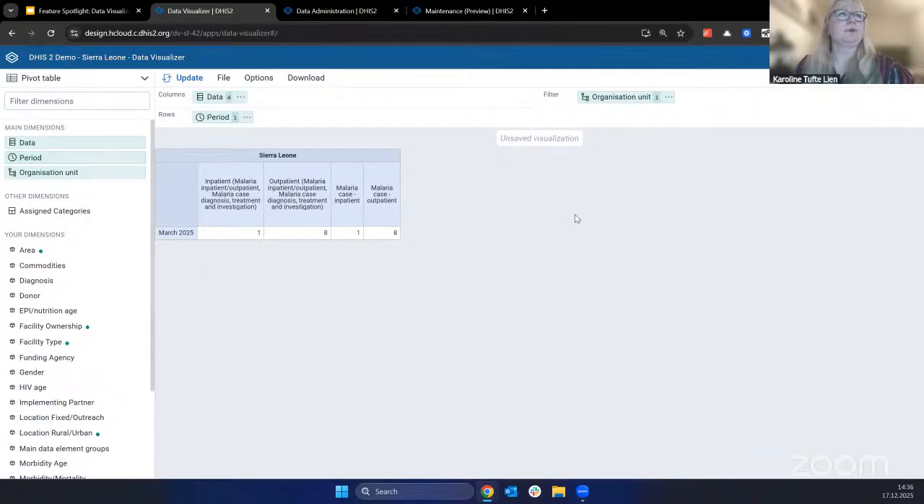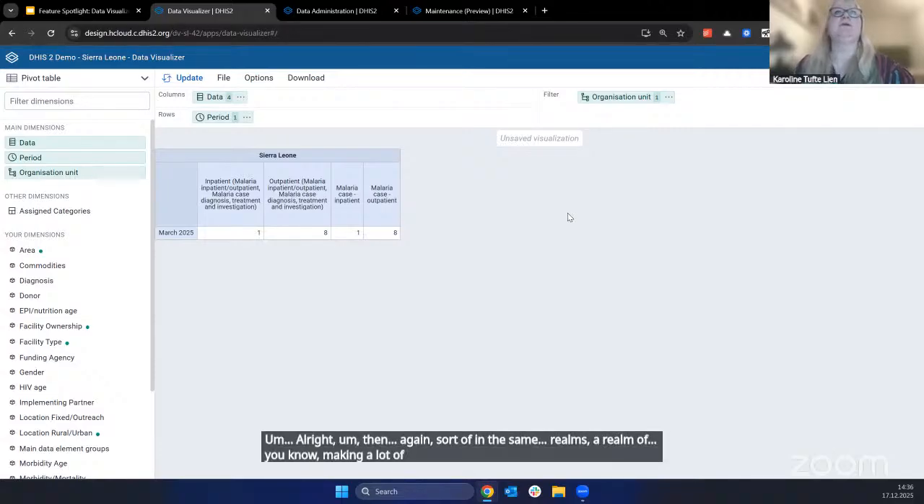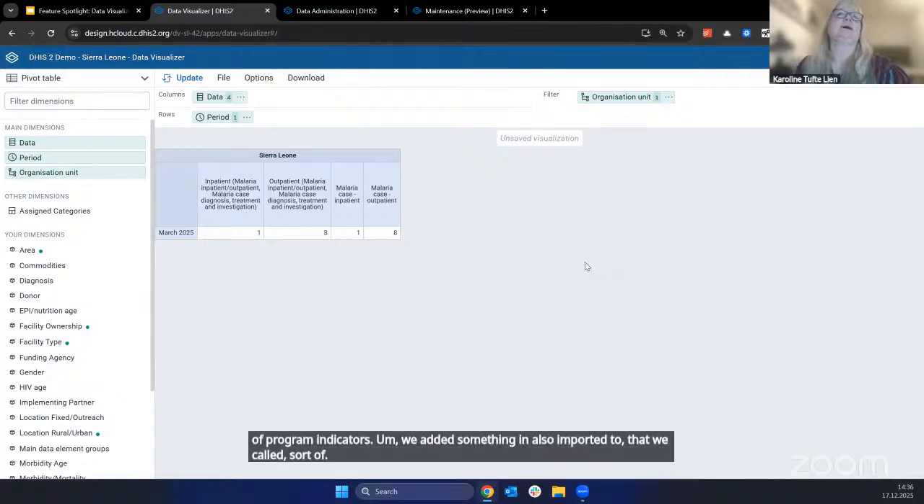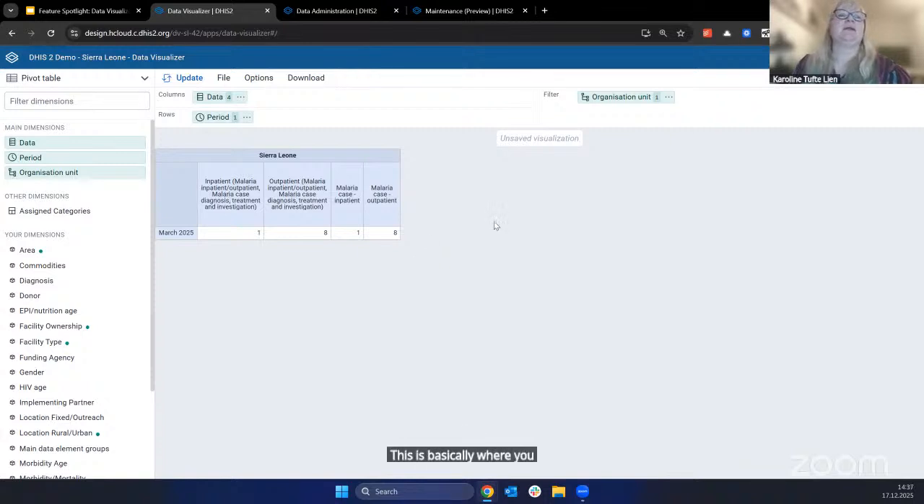All right. Then again, sort of in the same realm of having to make program indicators for various options and age groups, etc. And we know that lots of instances have hundreds or thousands of program indicators. We added something also in 42 that we called program indicator disaggregation. This is basically where you then decide,